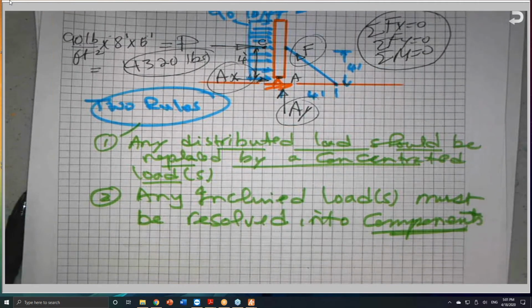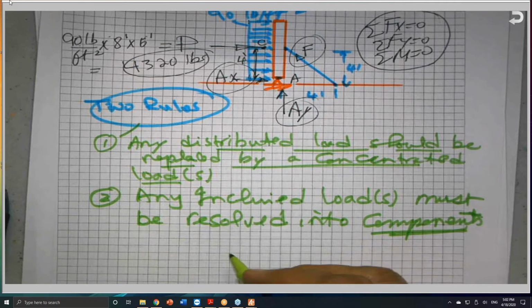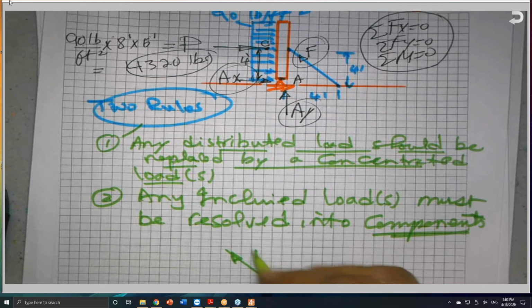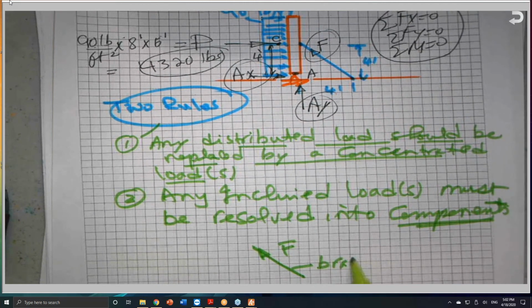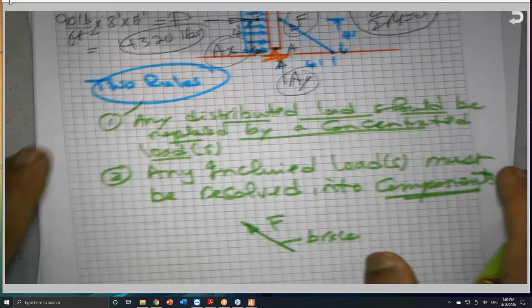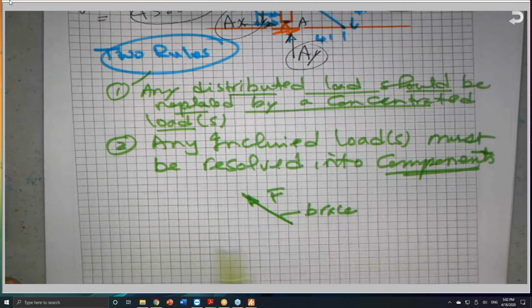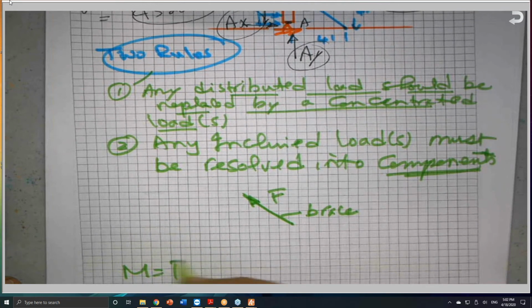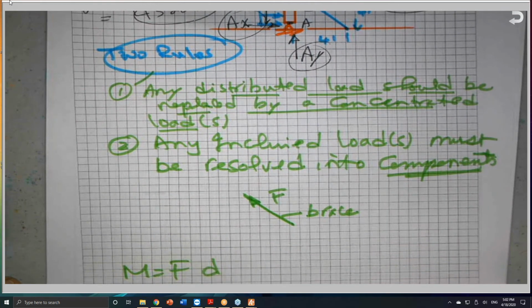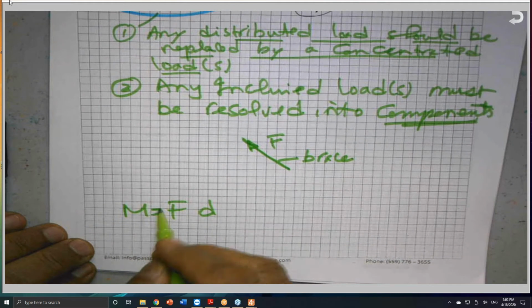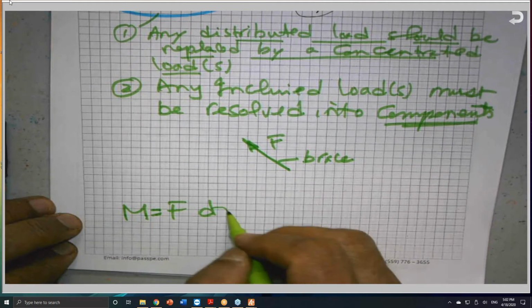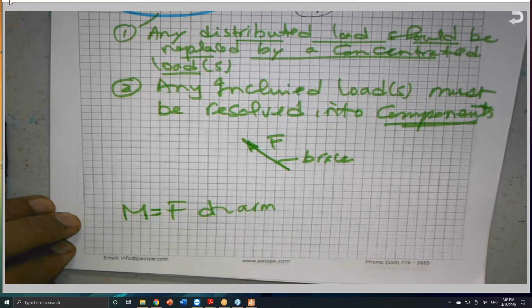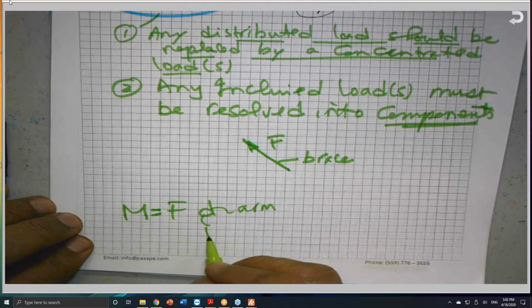What does it mean? It means that if I have a force like this, like F, along this brace, this is one brace. So moment is equal force times distance. By definition, the moment equation is defined as a force times distance. But this distance, we call it arm, or moment arm. This distance must be the perpendicular distance